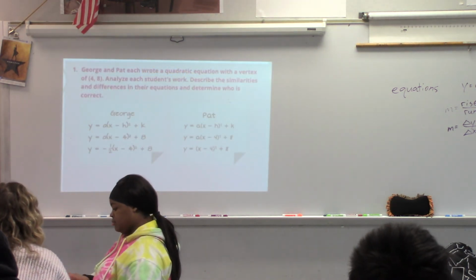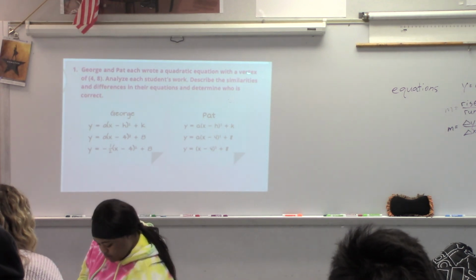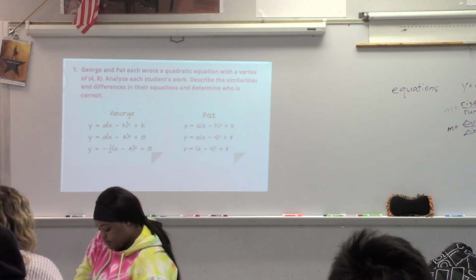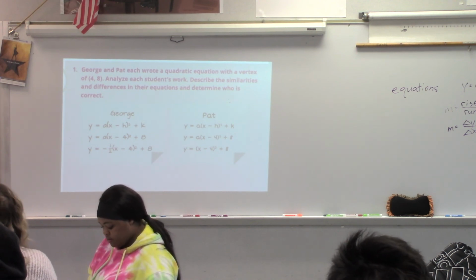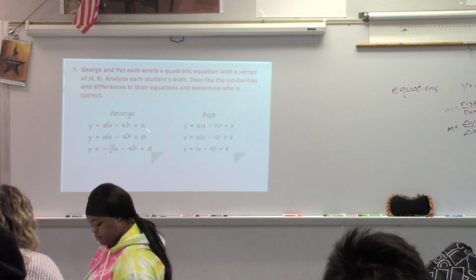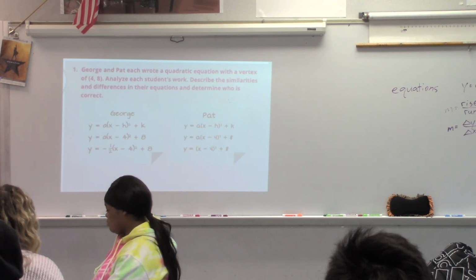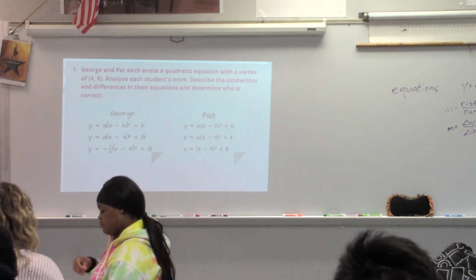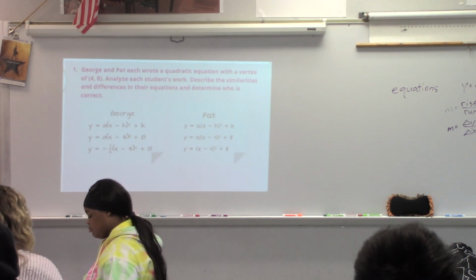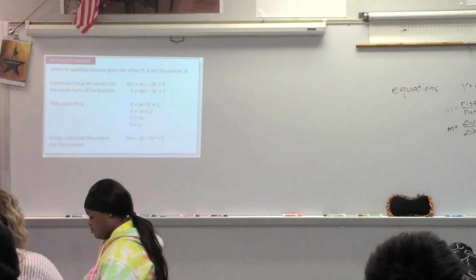And so we looked at this last week, or Miss Courtney led y'all on this. Hey, we had a vertex, and as soon as we know we have a vertex, what form of a quadratic should we be thinking about? Vertex form, right? But these two people got two different equations because they didn't know what A was, so they could choose any A they wanted. What we're working on today is writing the equation given an extra point, so we have to figure out what that A is. And so remember, here are work